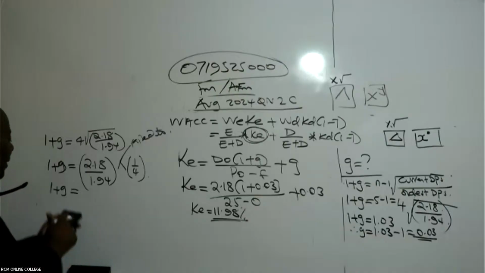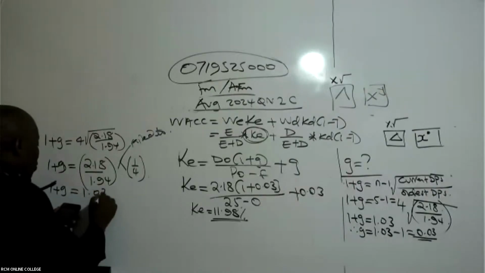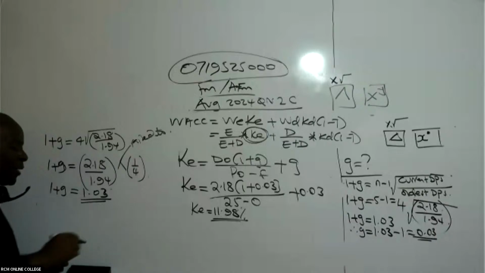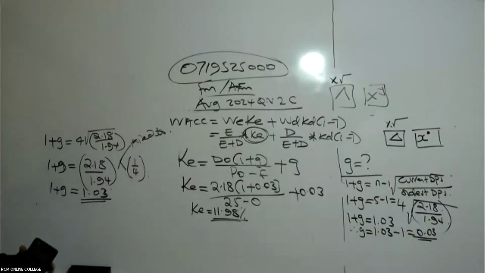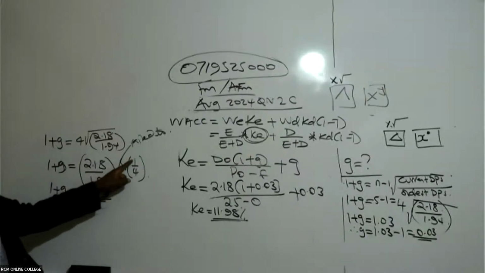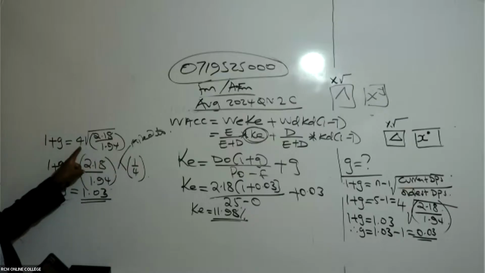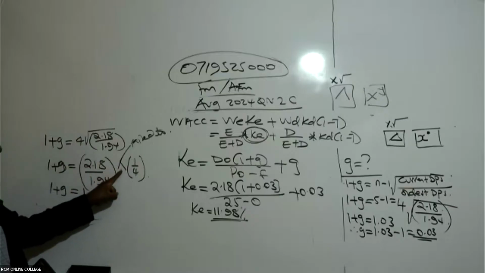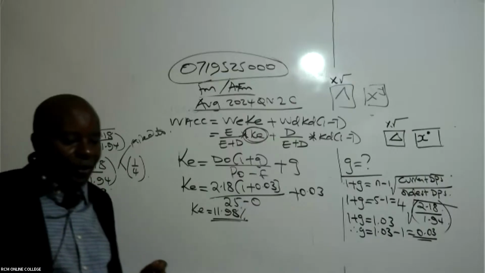All right. And I'm getting that 1.029, which is same as 1.03. So long as I'm able to remember that if, for example, this one here was fifth root, then this will be the same as raised to 1 over 5. If it is 10th root, then this will be the same as raised to 1 over 10.